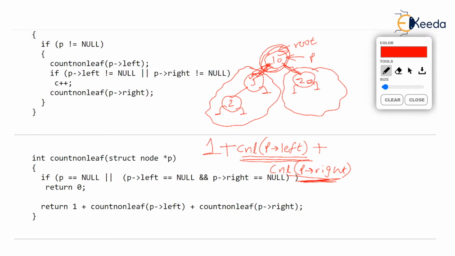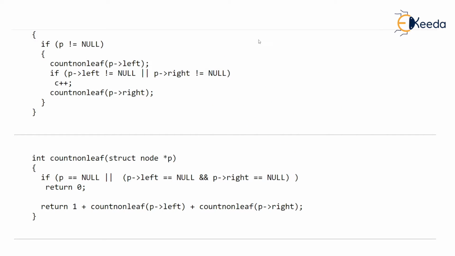So what we will get is count non-leaf towards the left branch is going to be 1, because there is one non-leaf. So we already have 1 plus, and this count non-leaf has returned 1 plus, and the number of non-leaves on the right side over here of 10 is 0, and we get the answer as 2, and genuinely this tree has 2 non-leaves. Okay, I think I have explained how this count non-leaf recursive function came to my mind.